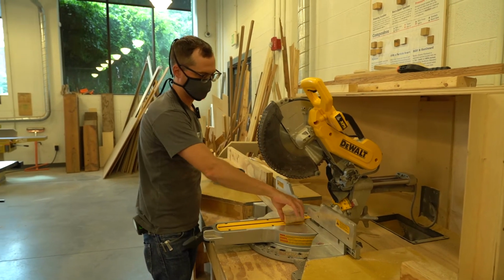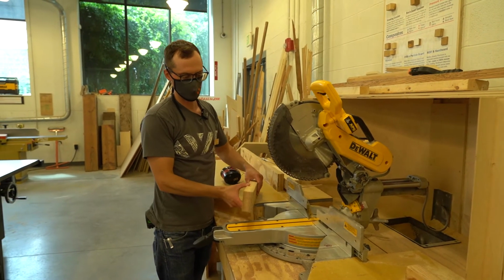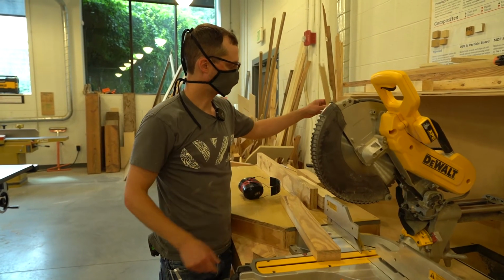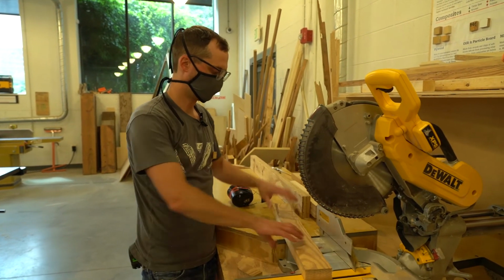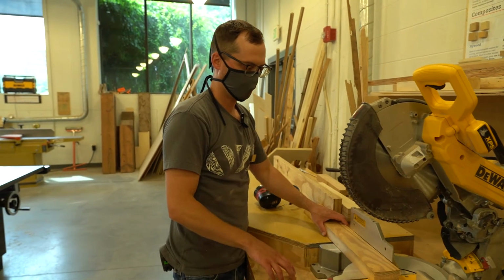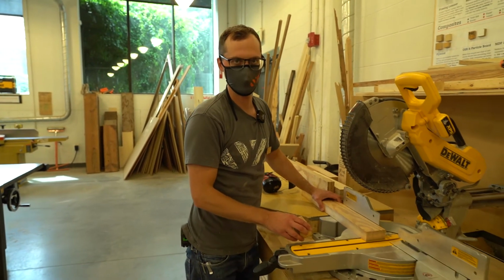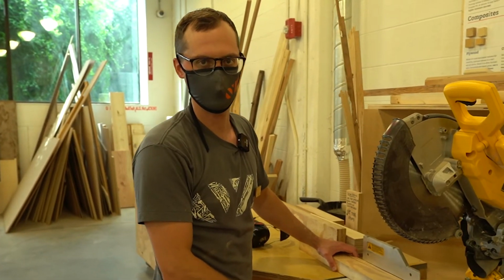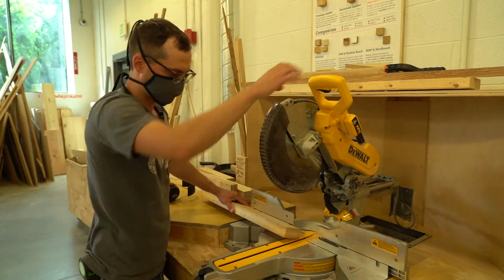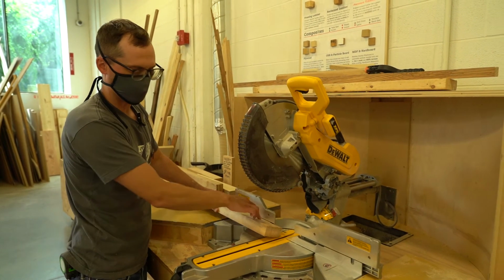Now, in some cases, you're going to be dealing with a piece of wood that is not perfectly flat. We provide shims to the left of the saw to shim up your workpiece so that it is stable. If you have a piece that is slightly warped, maybe a rough piece of material you're trying to cut down before you take it to the planer or the jointer, and it's, say, off the table at the front but